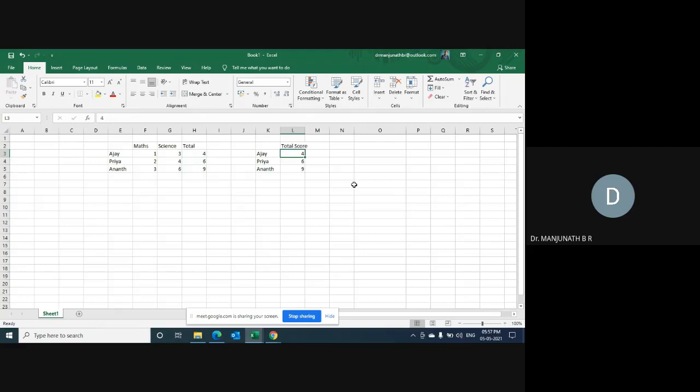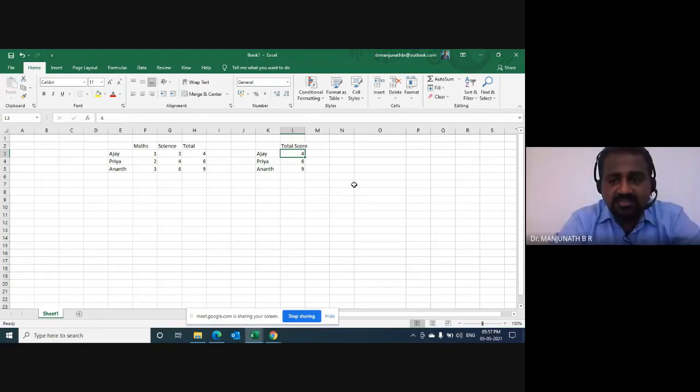Now, if you have understood this, if someone wants to do it without using a touchpad, ask me the question how to do it without using a touchpad. I'll train you. If anybody in the class wants to do this paste special values without touching the touchpad, going to paste, clicking the drop down and selecting values, and instead wants to do it quickly using a shortcut, let me know.